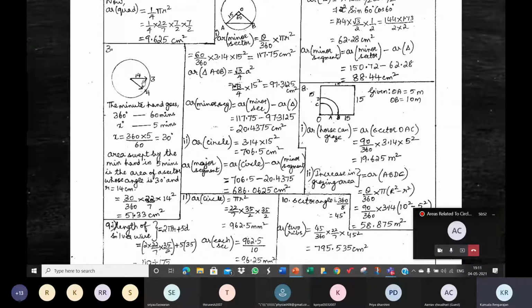So clearly it has traced this sector, children. See the initial position of the minute hand here. This is the position of the minute hand after 5 minutes. And the tip has traced an arc here. The tip of the minute hand has traced an arc here. So you can see a sector described by the minute hand in 5 minutes. You must all acknowledge this, only then I can proceed. Maybe I can repeat it for you.